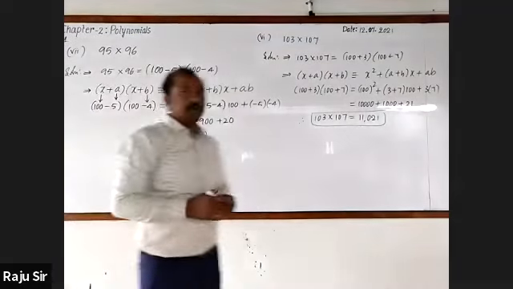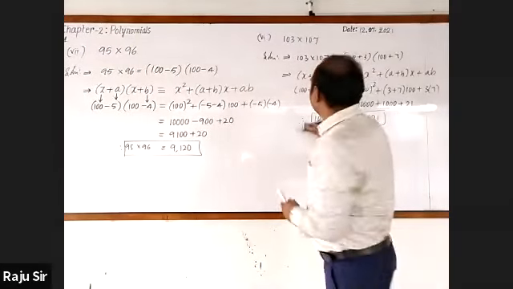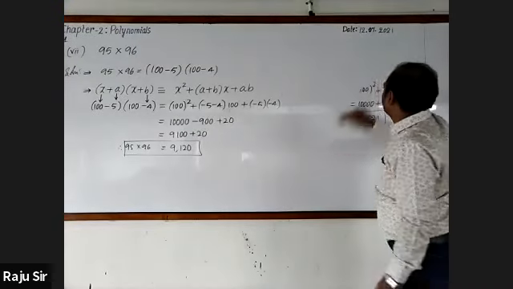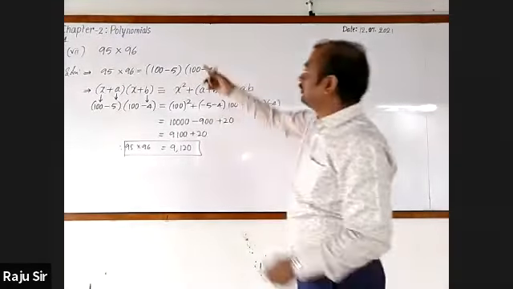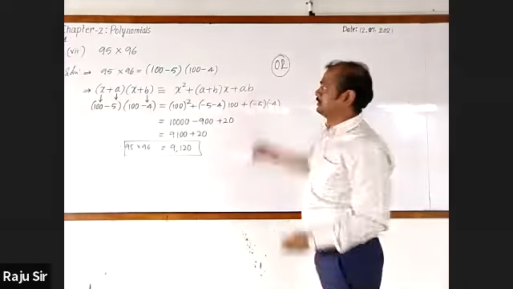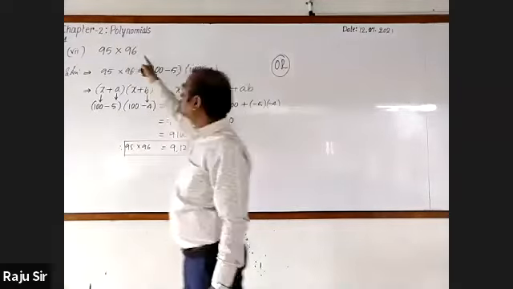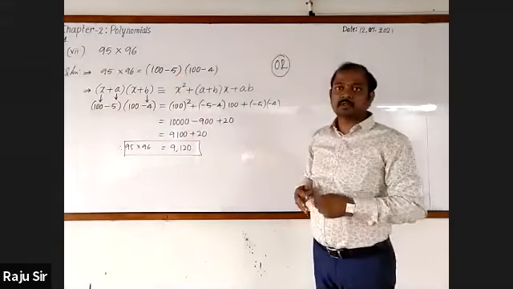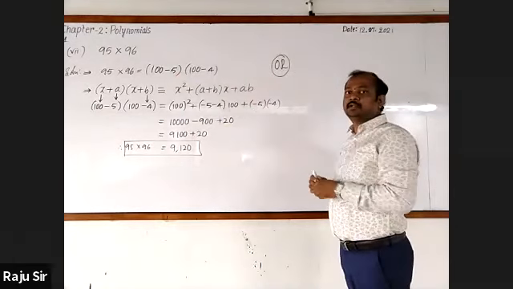Okay. As Renuka said, both the numbers are less than 100, so that we have taken like this. Even one of the students said, sir, both the numbers are more than 90. If so, then how do you go for writing 95 and 96? 90 plus 5, 90 plus 6. 90 plus 5 into 90 plus 6. So by using those numbers also, on simplification, you should get the same answer. So let us go for try by that also.